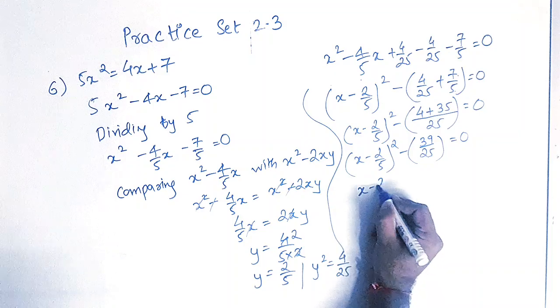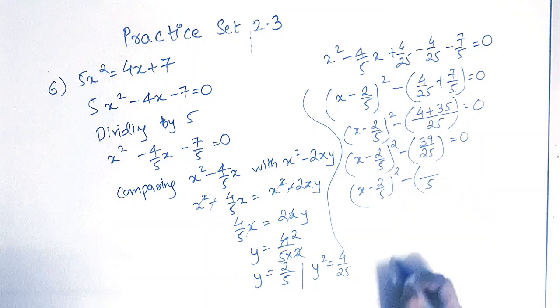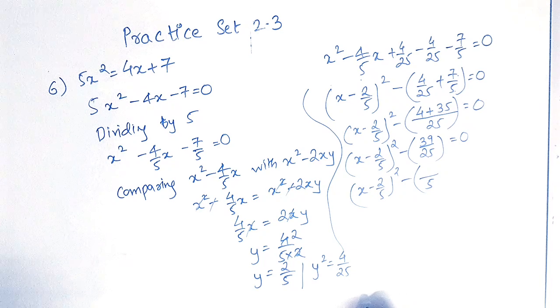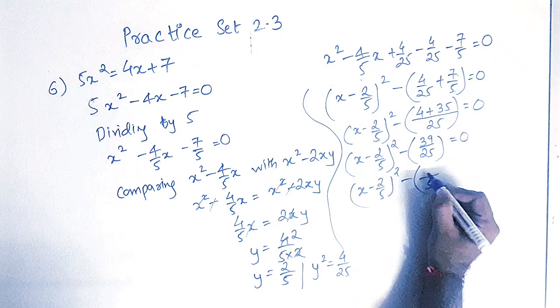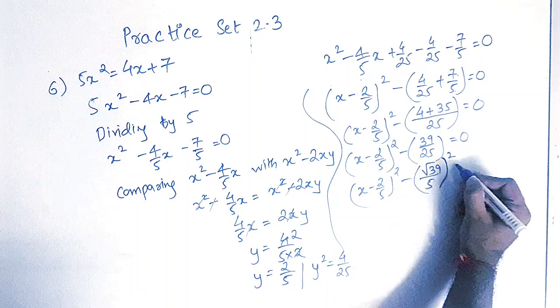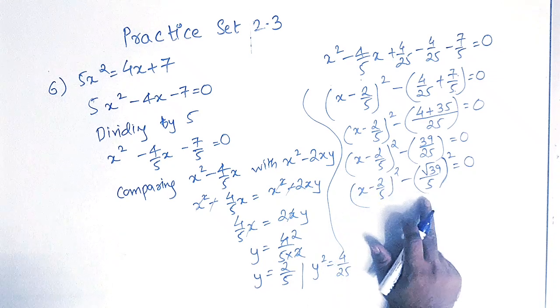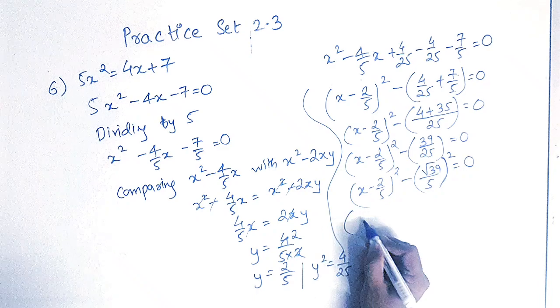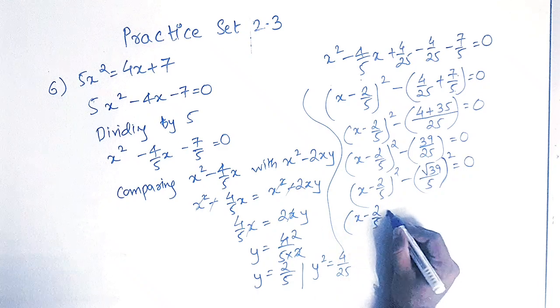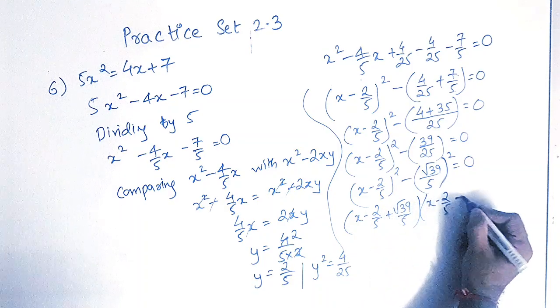Okay, now x minus 2 by 5 the whole square minus. 25 has a square root 5, 39 does not have, neither can we convert it into pure surd. Okay, mixed surd, I beg your pardon, root 39 we cannot convert, so I'll write root 39 upon 5 the whole square equals to 0. So this comes in the form now a square minus b square, so this will be a plus b, a minus b